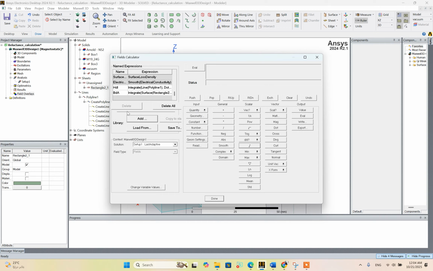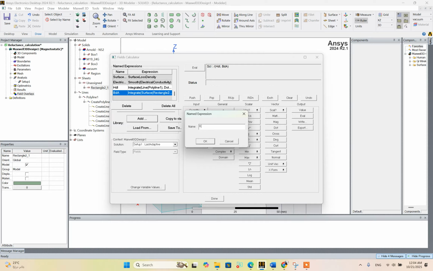And to calculate reluctance, we need to divide HDL by BDA. So we can copy this here and also this, and divide to get the result. So I will add this to a variable called reluctance,